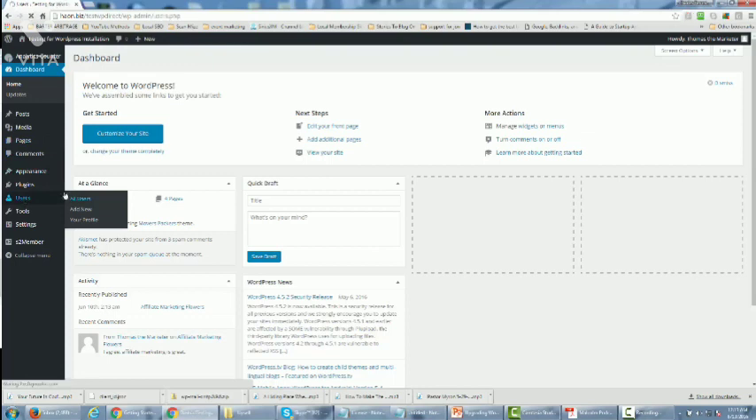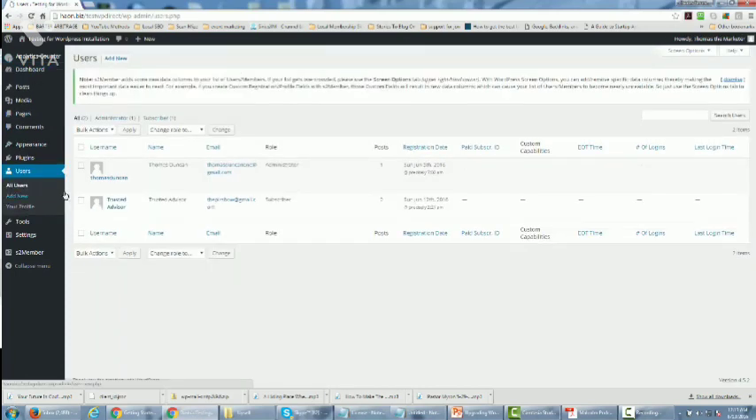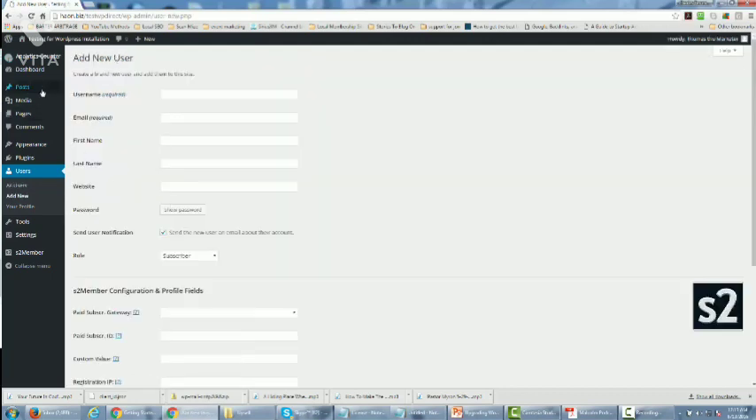And what you'll notice if you want to add a member to your S2 member membership is that you will just click add new as you normally do. You'll be required to give your customer a username as well as an email, and we're just going to enter one in here now. Okay, and once we've written this in, then we want to give our user a role,